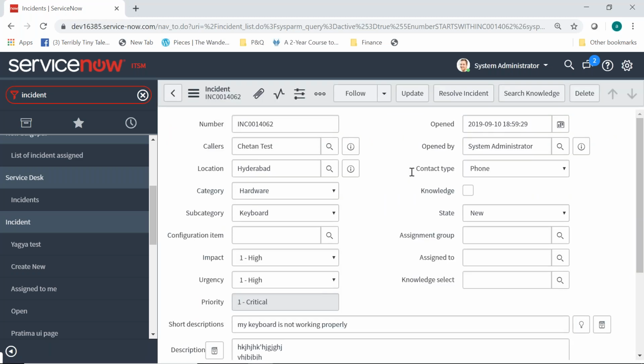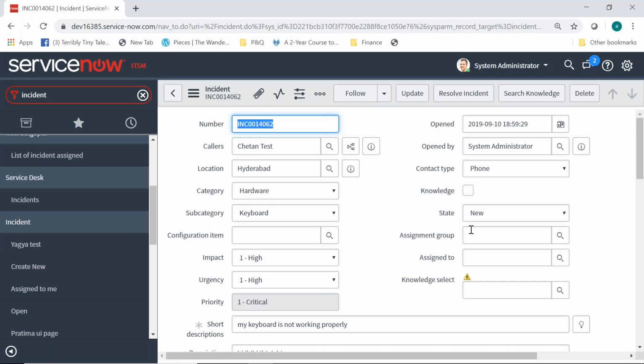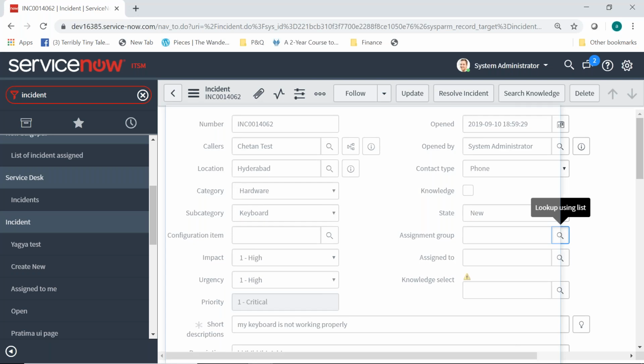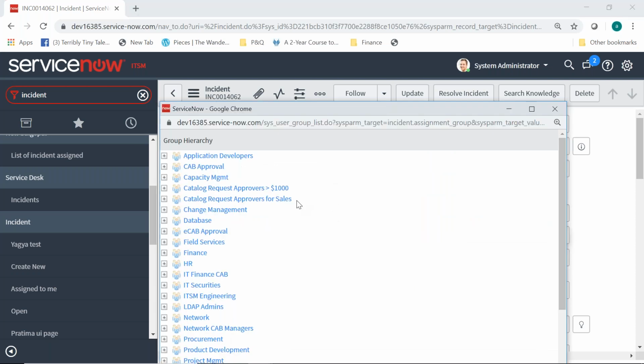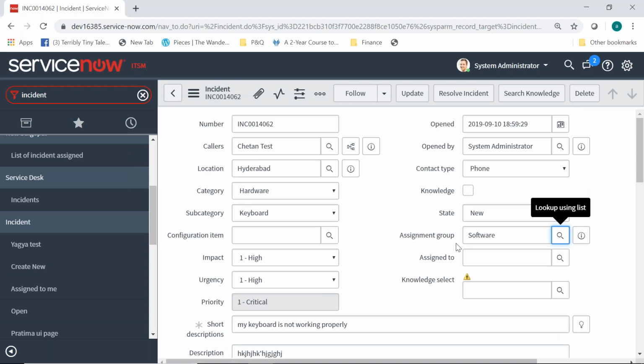So now let's say I'm a member of the support team, I'll come into this particular one up. Again, assignment group is which type of field? Reference. How do we know? We have a magnifying glass in here. So we'll click on this. Let's say I wanted to assign, so you can see it is pulling the data from which table right now? It is pulling the data from the group table. It says group on the top. So let's say I assign it to one of the teams in here, maybe software. So what did I do? I selected the group to which I want this particular issue to be worked on by.